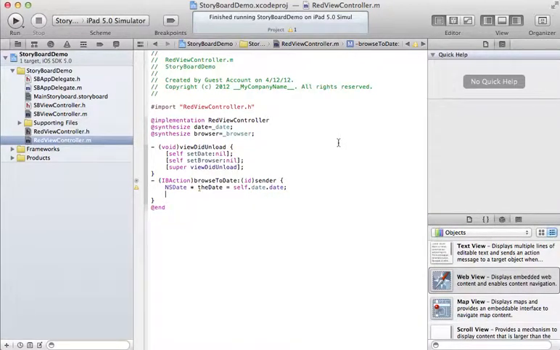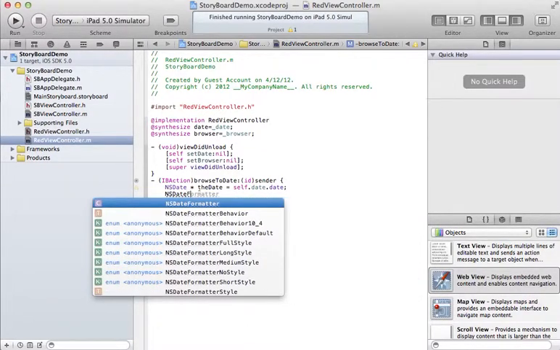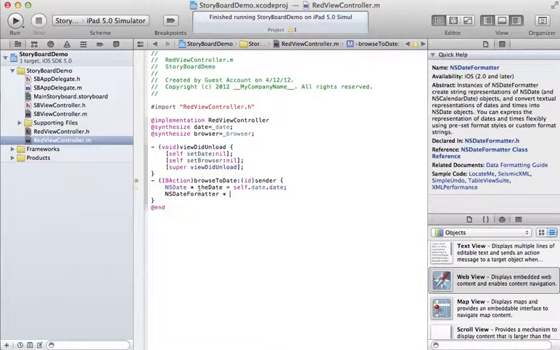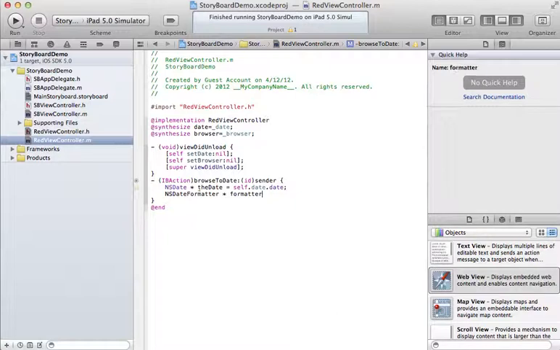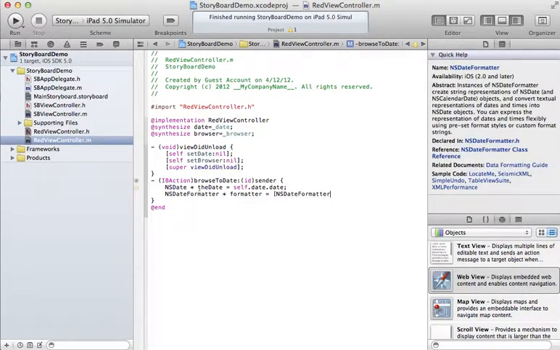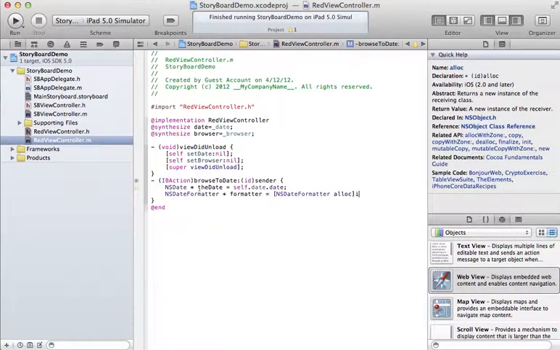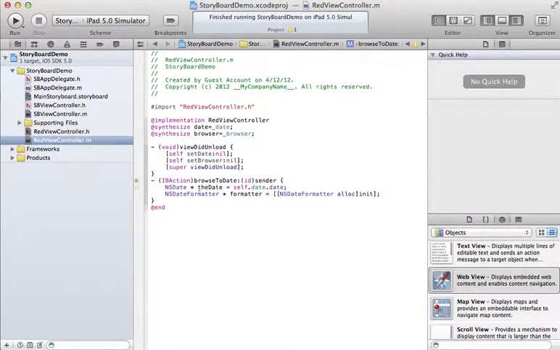Okay, so then to be able to extract the month and the year and all that, I need what's called an NSDateFormatter. Formatter, and that's going to be an NSDateFormatter alloc init. So basically we create a new one. Then we're going to get the month. Okay, so let's put a format here. Formatter